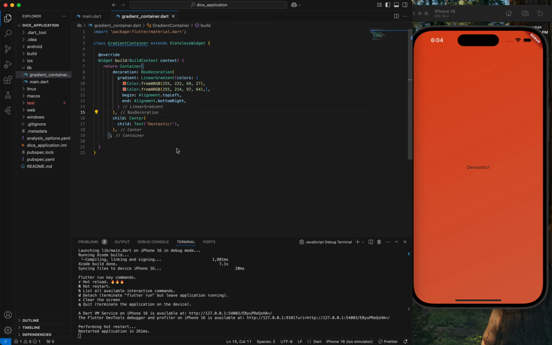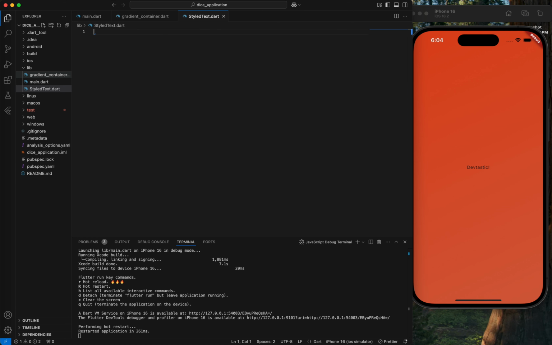So now we can simplify this gradient container again because we have this text here, right, which is a static text. So we can create one more component which takes this text as an input and which will show it. Let us create that as well. I'll go to new, maybe we'll call it styled text dot dart. Again, this will be